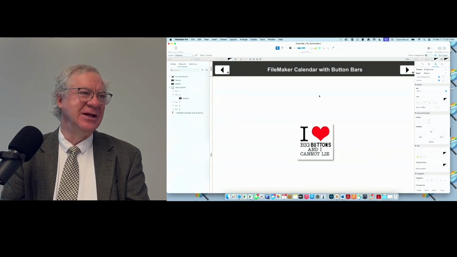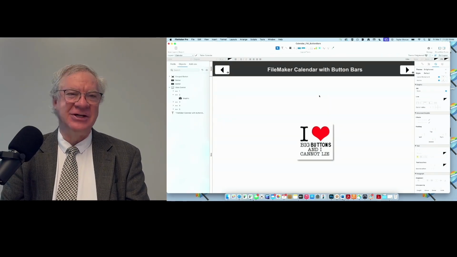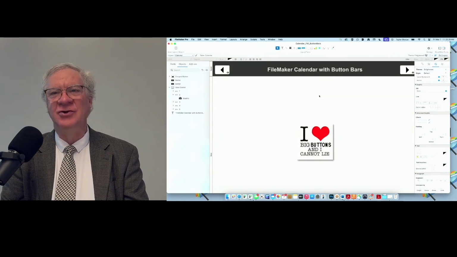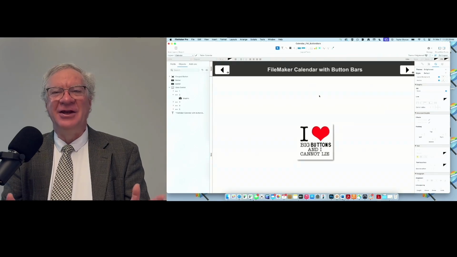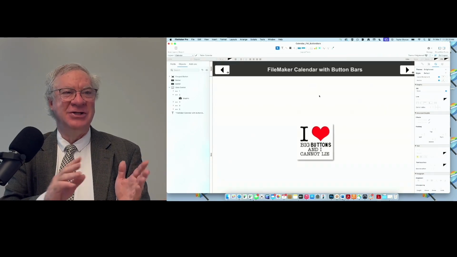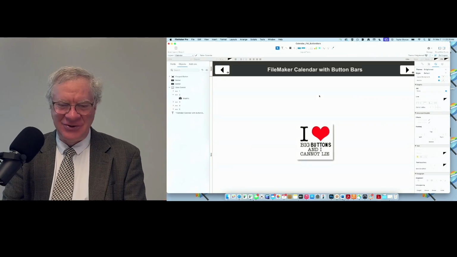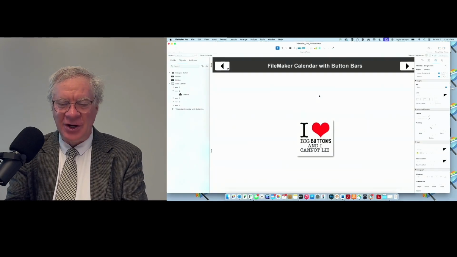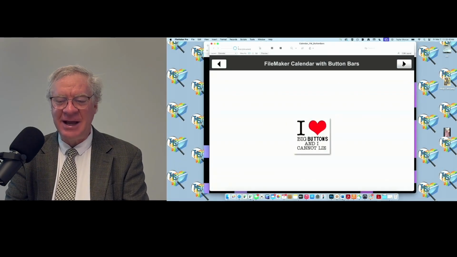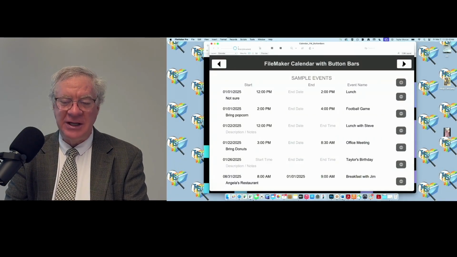Everybody nowadays, if they want a calendar, is going to go with a web viewer and some calendar that you can drag and drop. But FYI, calendars are nothing but a bunch of buttons strung together. So that's what I'm showing off today as an example, even though if you wanted something quick and easy, yeah, you could do it.